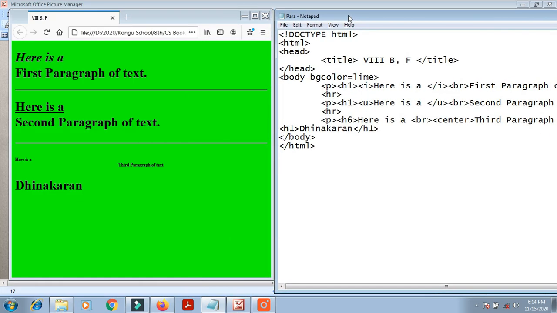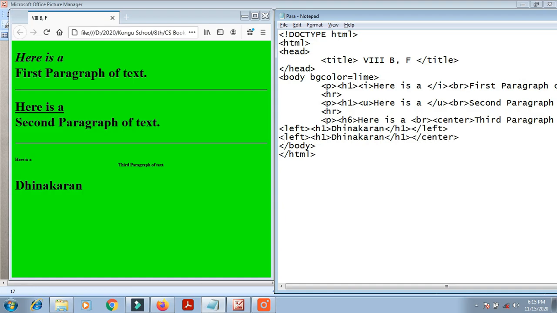Now I'm setting the left, right and center alignment. Before the tag I'm giving align, center or left, L-E-F-T, left, and I want to close it. The same tag I'm giving now, but not left: C-E-N-T-E-R.